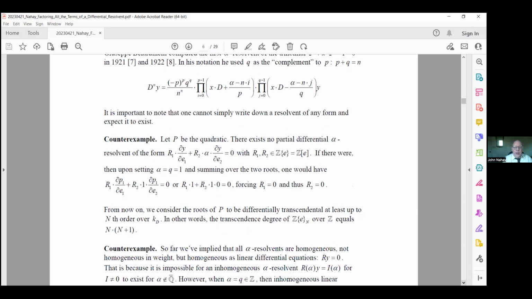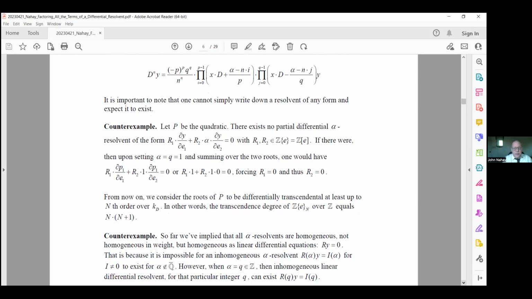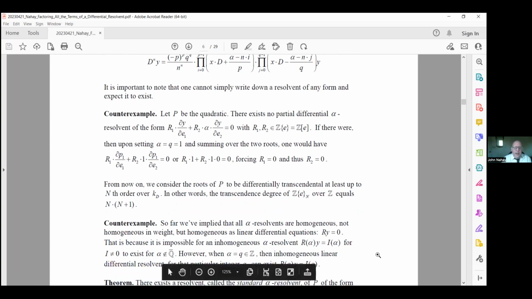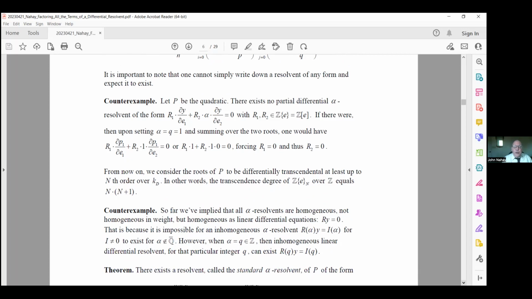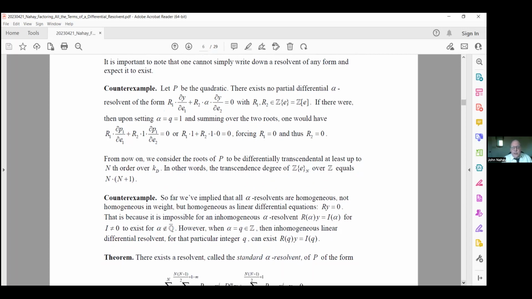So far, we've implied that all alpha resolvents are homogeneous, not referring to homogeneous in weight, but homogeneous as linear differential equations. You don't have something on the other side of the equal sign. That's because it's impossible for an inhomogeneous alpha resolvent to exist when alpha is not algebraic, and probably when alpha is not an integer. When it is an integer, then an inhomogeneous linear resolvent does exist for that particular integer q, but we're not going to concern ourselves with